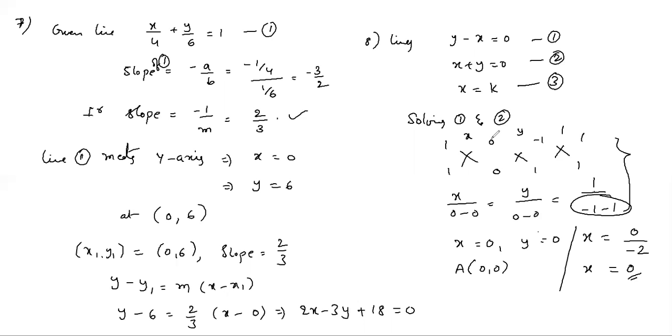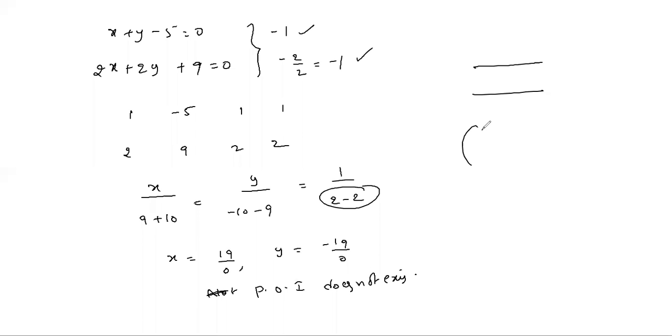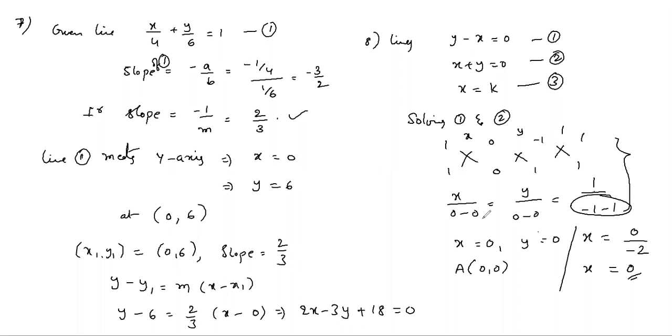Because what is the point of intersection formula? Actually, you have to write b1 c2 minus b2 c1 by a1 b2 minus a2 b1. Similarly for the y coordinate. If you get 0 here, directly we will get 0. This is just the process we follow to find the values of x and y. But here we are not dividing. At last, we have to write the value of x only. Okay.